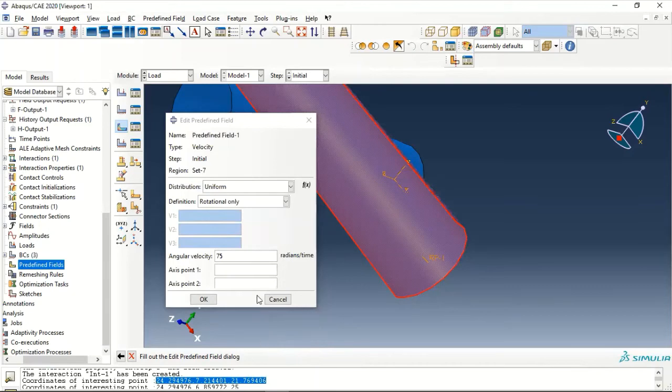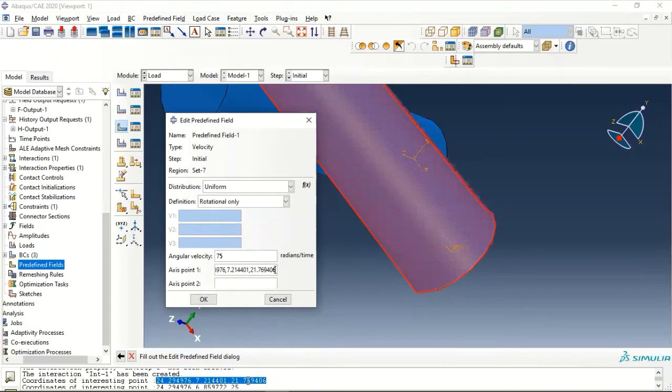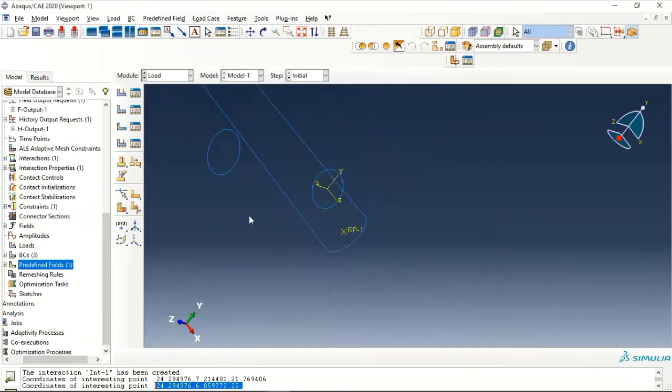So this is the axis point 1, and now similarly we'll select the axis point 2. So after doing that, press on OK,